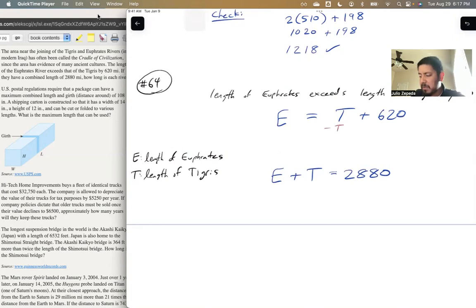And what that involves is, let's see, I'll get all the variables on one side, on the left-hand side of the equal sign. So I'll subtract t on both sides. And so I have E minus t is equal to 620 for one of my equations, and then E plus T is equal to 2880. And then the goal of the addition or elimination method